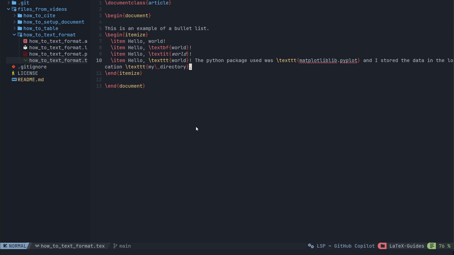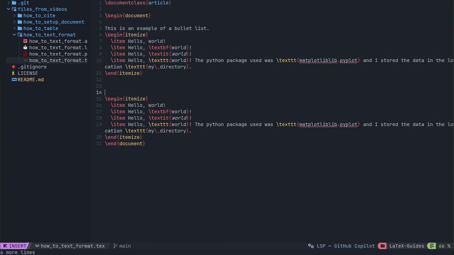Okay, moving on from this, let's do a numbered list. So I'm going to copy this straight as is, and let me just put a heading here. This is now a numbered list. And then what we need to do is just change this to enumerate as opposed to